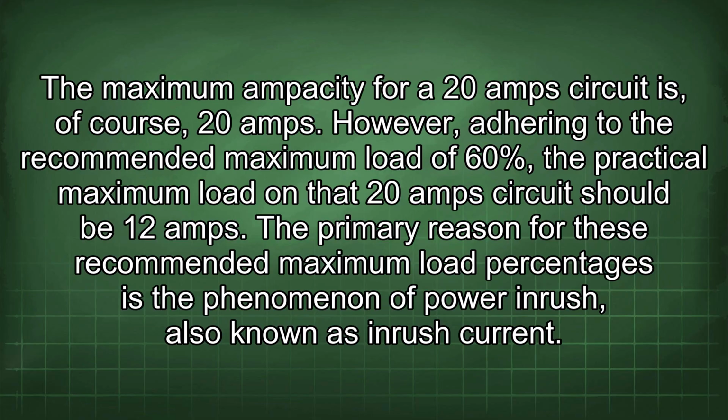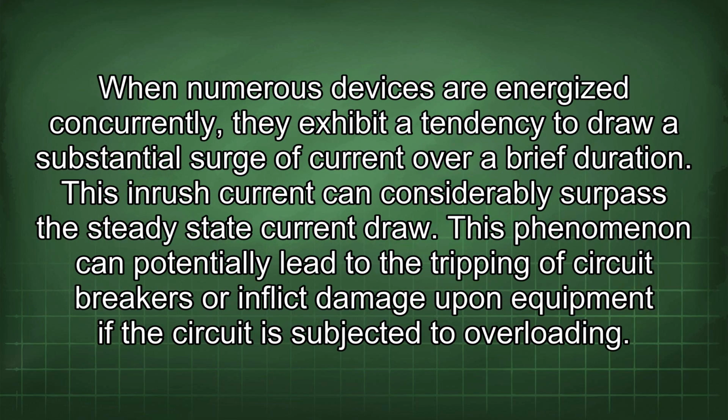However, adhering to the recommended maximum load of 60%, the practical maximum load on that 20 amp circuit should be 12 amps. The primary reason for these recommended maximum load percentages is the phenomenon of power inrush, also known as inrush current. When numerous devices are energized concurrently, they exhibit a tendency to draw a substantial surge of current over a brief duration. This inrush current can considerably surpass the steady-state current draw. This phenomenon can potentially lead to the tripping of circuit breakers or inflict damage upon equipment if the circuit is